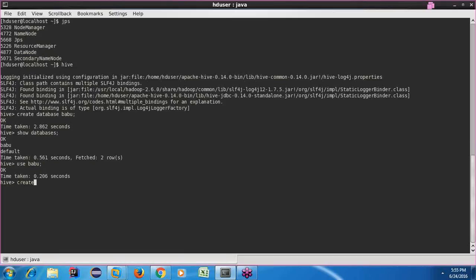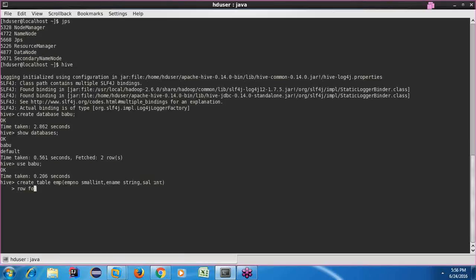Let me first create a managed table. To create your managed table, please follow this syntax. Create table, table name. My table name would be something like EMP. And here I'm going to describe my schema. So first thing is emp number, as you know. I would use smallint, the data type we discussed earlier. I would say ename for this, and let's use string. Next salary, and for that I would like to use the integer data type.